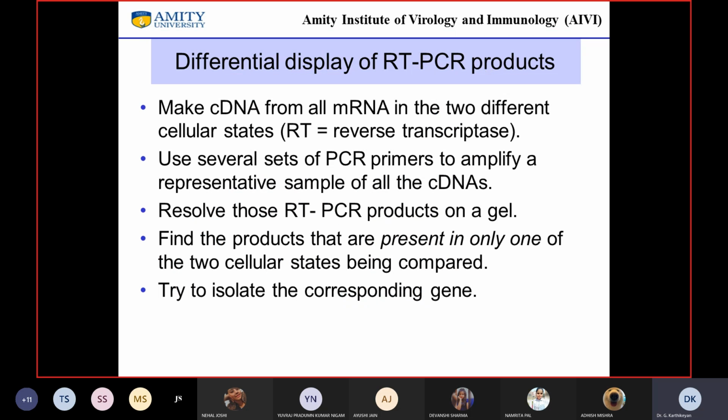So these are different ways by which you can do it. You can similarly do what is called reverse transcriptase mediated PCR. You can do essentially a very similar thing and find out what is the difference in the genes that are expressed between two cell types. I just gave you the example of a normal skin cell and a cancerous cell, but it could be any two different cell types that need to be compared.